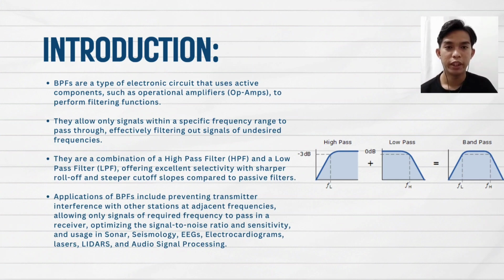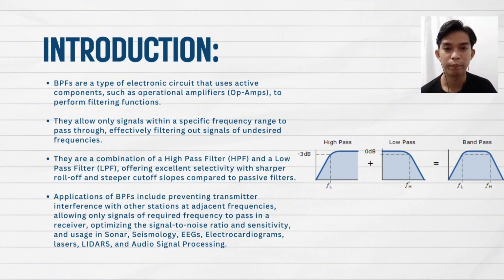Introduction. Band pass filters are a type of electronic circuit that use active components such as op-amps to perform filtering function. They allow only signals within a specific frequency range to pass through, effectively filtering out signals of undesired frequencies. They are a combination of high-pass filter and low-pass filter, offering excellent selectivity with sharper roll-off and steeper cut-off slopes